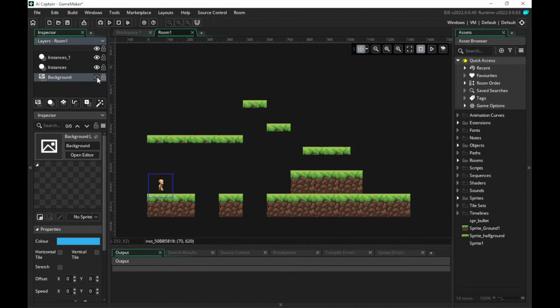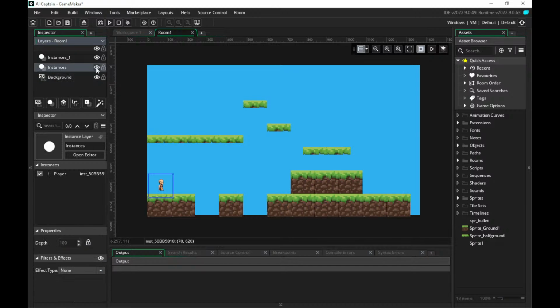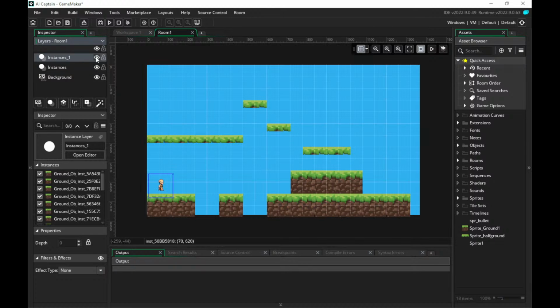One is the background layer, which is the blue sky, and then we've got the instance layer, which is for the player object and other objects, and then we've got what we call the ground solid objects. This is instances 1. So you can see you can hide and unhide these, which can help with the designing